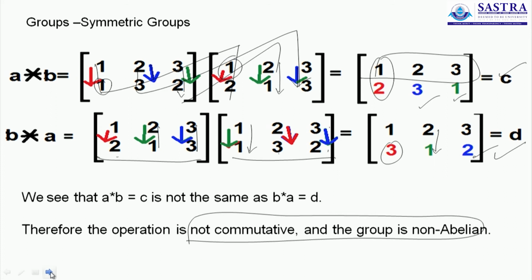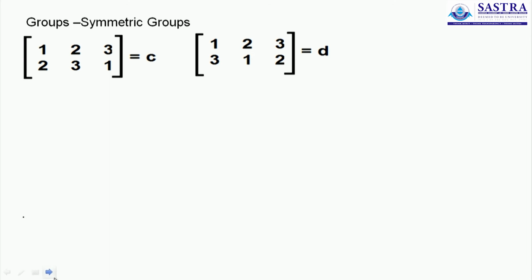So we have shown that the operation involved is not commutative. We have shown that the group is not abelian. Now let's proceed. Let's try and find the other answers. I'm just curious to give you some practice on finding the answer. Let's try and find what C star D is. C star D, you will follow the arrow marks. 1 goes to 2 and 2 goes to 1. Therefore C star D will have the first row as 1, 2, 3. And 1 goes to 2 and 2 goes to 1, therefore this answer is 1.